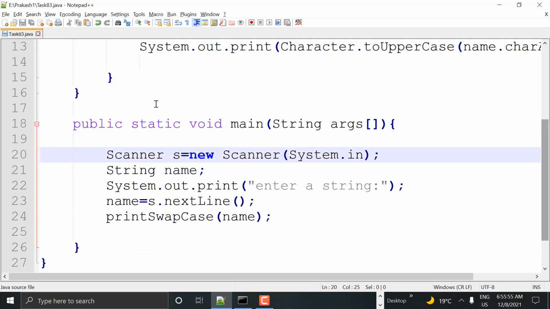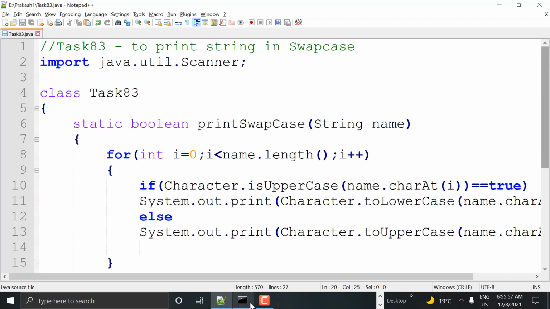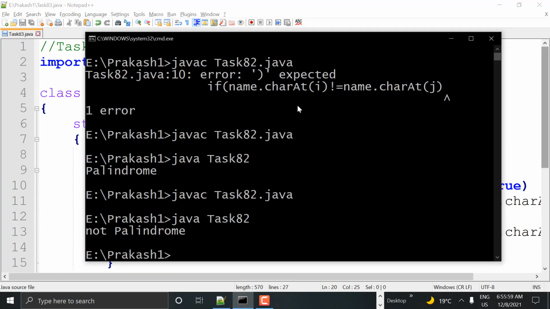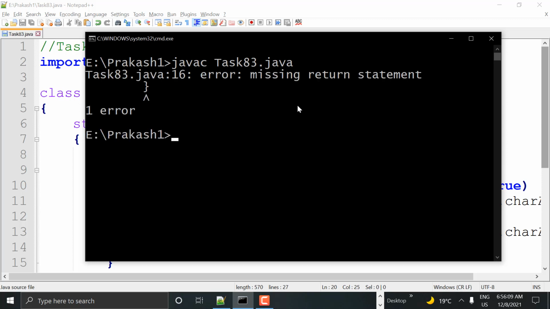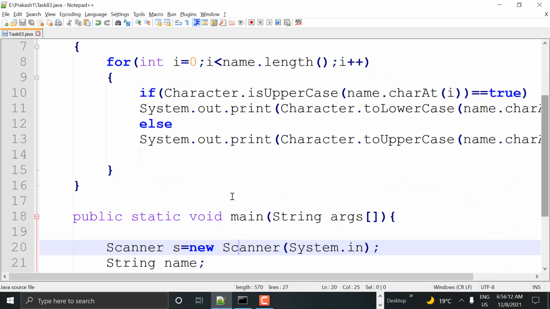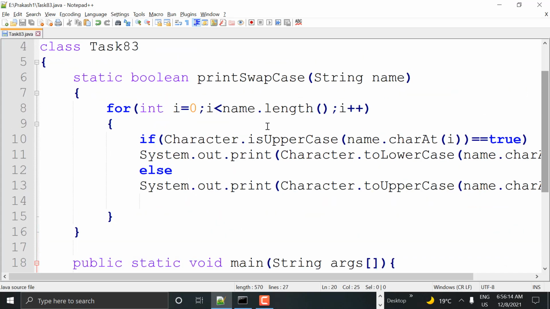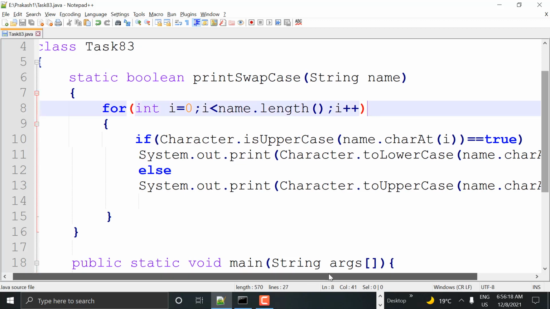So let's save it, go to the command prompt, and compile it: javac task83.java. Now we have a problem with a curly brace. So where is it missing?